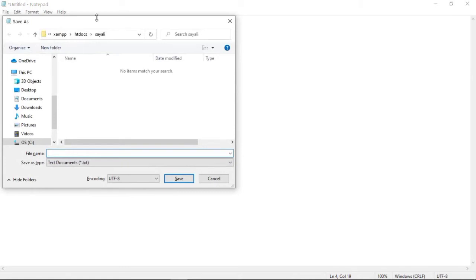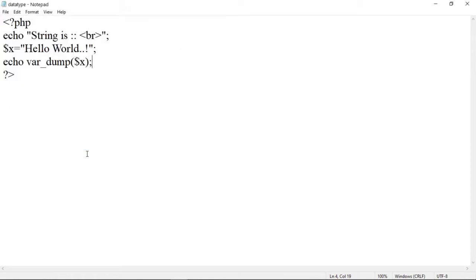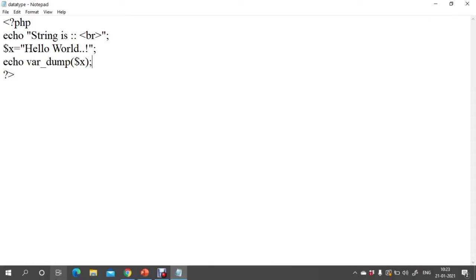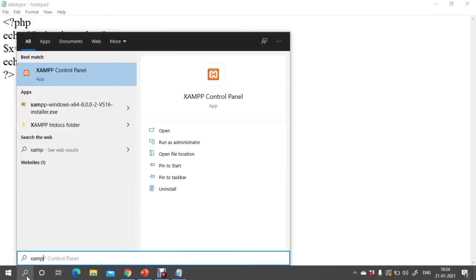Save this program in your project location folder within htdocs. Within that, store this file with a name, suppose datatype.php. Then save this program. Now to run this program and check its output, first of all we have to open the XAMPP control panel.